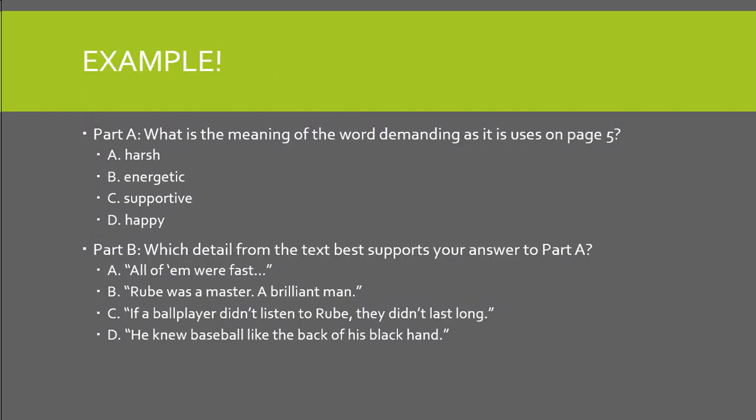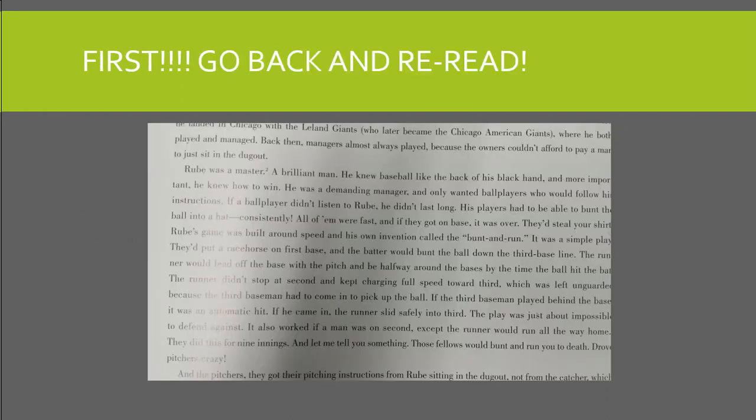Now, here's an example of a Part A, Part B question about something we read about yesterday in We Are the Ship. It says, what is the meaning of the word demanding as it is used on page 5? A, harsh, B, energetic, C, supportive, or D, happy. So, before I can even start to answer this question, even if I have to guess, I need to go